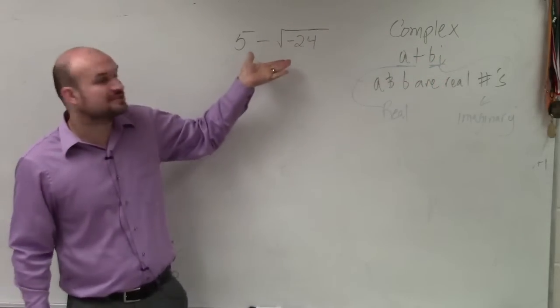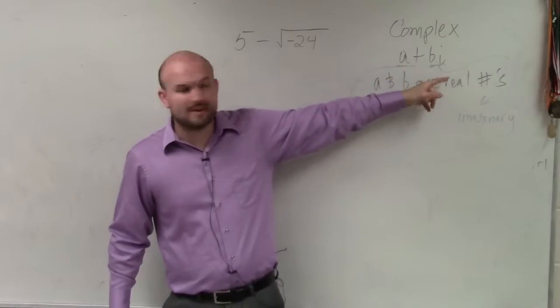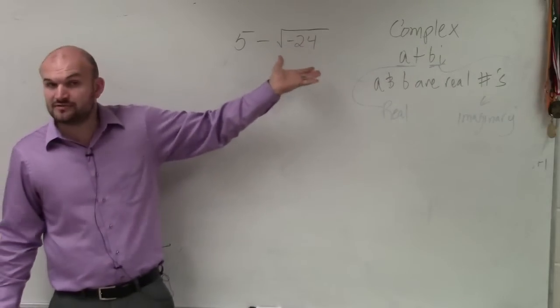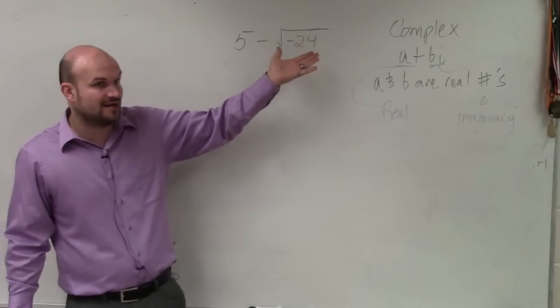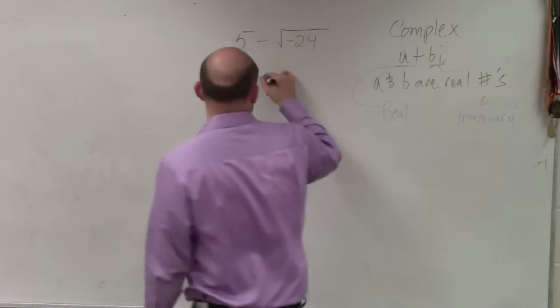All right? So in this form, if I'm asking you to rewrite this as a complex number, we're going to want to write it in this format. So the first thing I notice is I have the square root of -24, which I can write using my imaginary number system. The first thing I'm going to do is separate